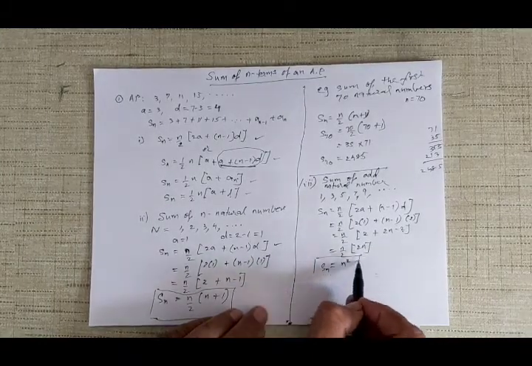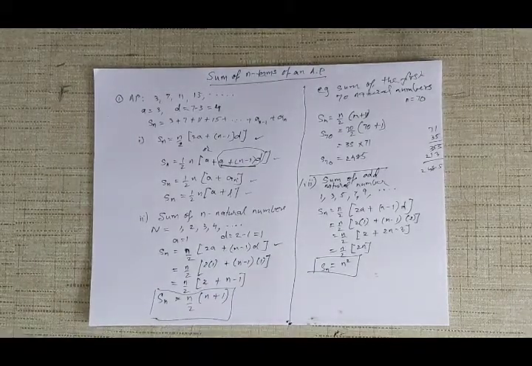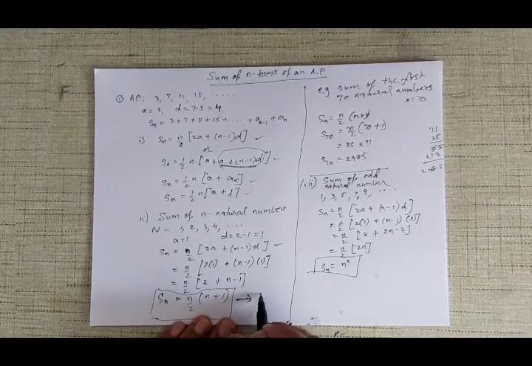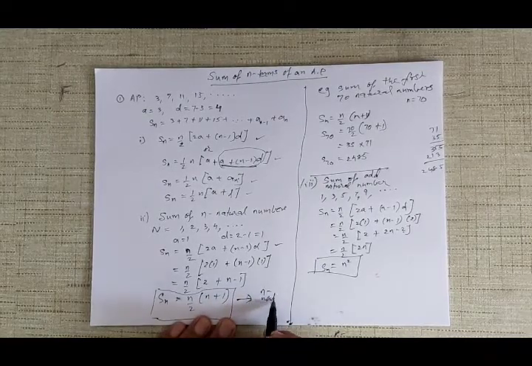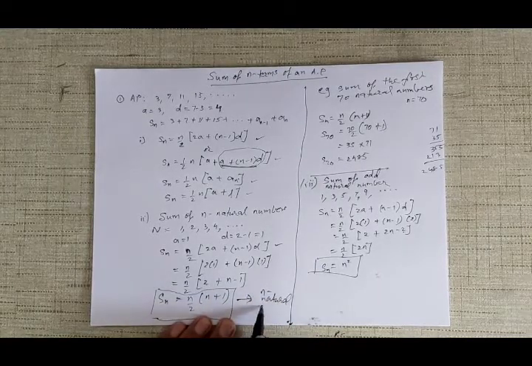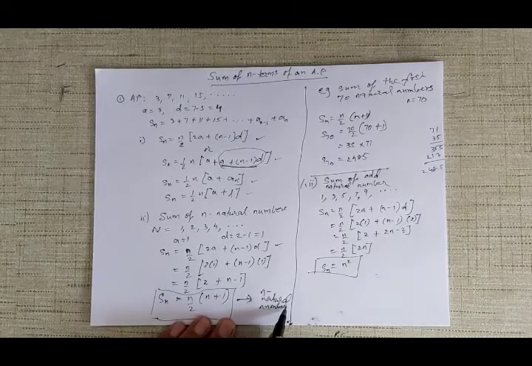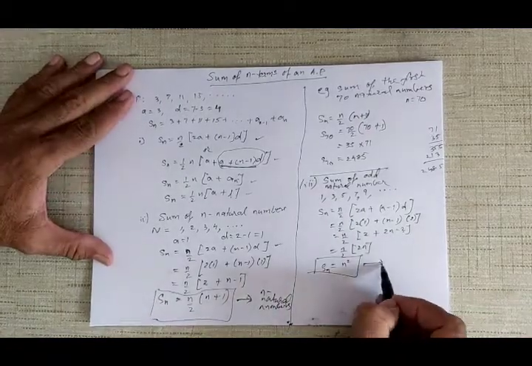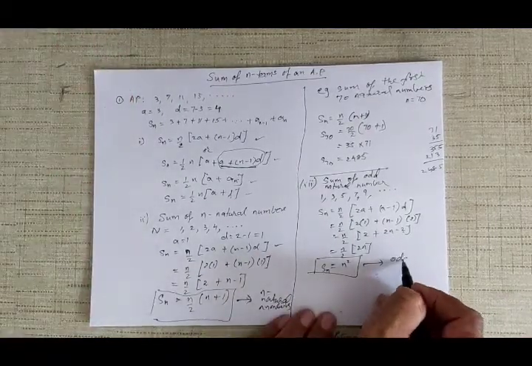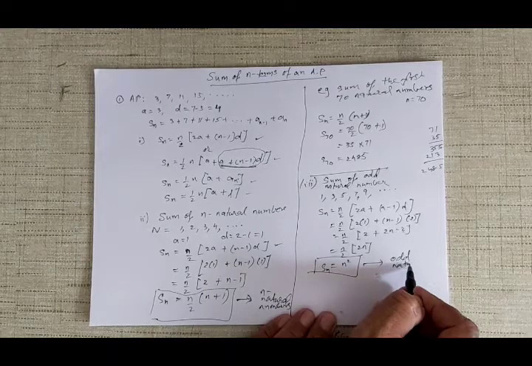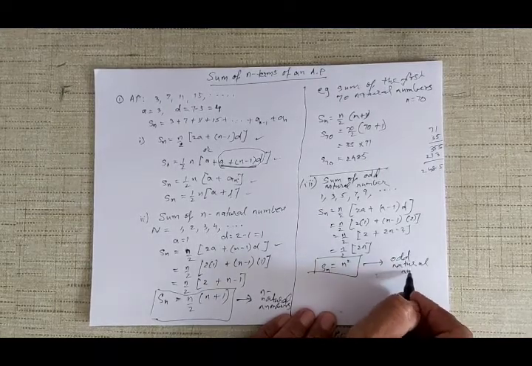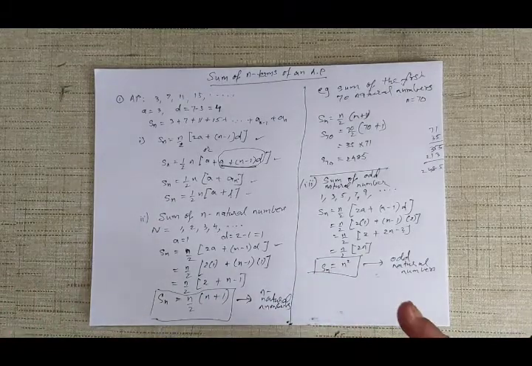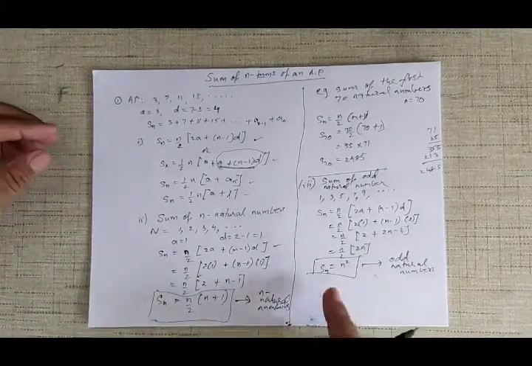So you can see the formula now. S of n is equal to n square. This is for n odd natural numbers, whereas the earlier one was for all natural numbers, odd as well as even. Now you can see that there is no need to learn this. If you want to learn, it's good to remember S of n for odd numbers.